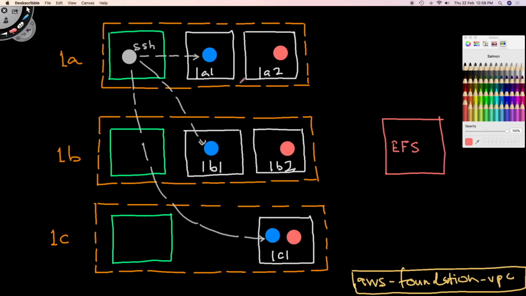The reason for creating this kind of architecture is because I want to show you that you do not necessarily have to create mount targets in the subnets where your EC2 instances reside. As long as you create mount targets in the same AZ as that of the EC2 instances, you are fine. So here, all the 3 mount targets belong to the AZs wherein we have launched our EC2 instances. All the EC2 instances would use this mount target to connect to this EFS file system. Something like this. The EC2 instances would use the mount target to connect to the EFS file system wherein we will store our files.